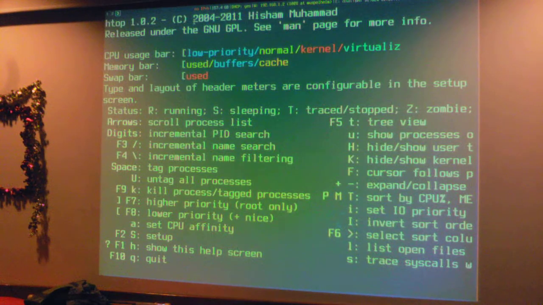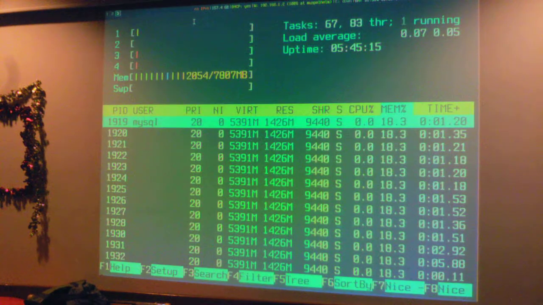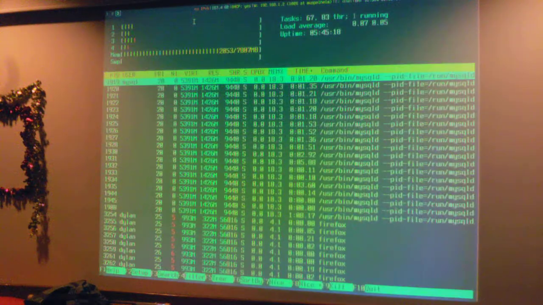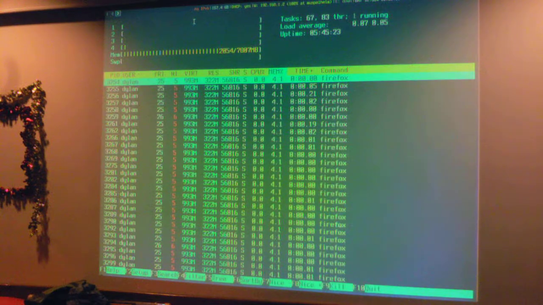There's, what's the option to show threads? Found this out the other day. Have to make the font smaller a little bit. Let's see if I limit it to myself. Firefox is actually pretty good. I don't know what each of these threads are doing, but it's running an awful lot of threads. I used to argue that I was using Chrome because it was faster, but Firefox is seeming to be pretty good as far as resource utilization on my 4-core laptop.